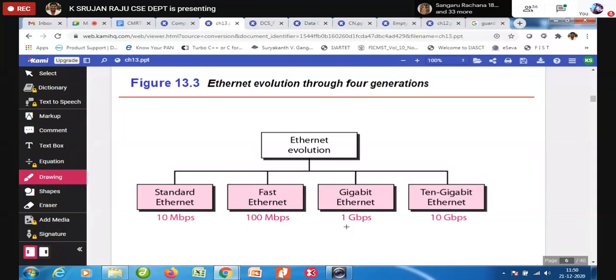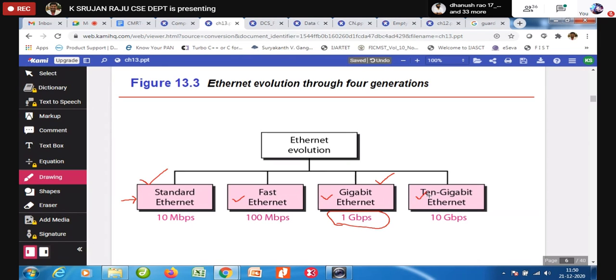Dear friends, if we look at our campus, we started using this. When the college was started, we used this. In the middle, we upgraded to this, but at present we are using 1 Gbps in our campus Ethernet. But when you look at one particular standard Ethernet, then you can easily understand the fast Ethernet, gigabit Ethernet, and 10 gigabit Ethernet. Easily you can understand that.